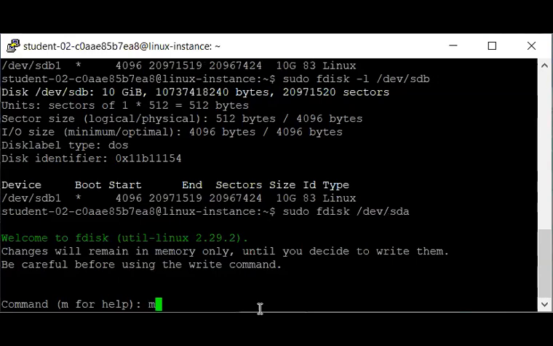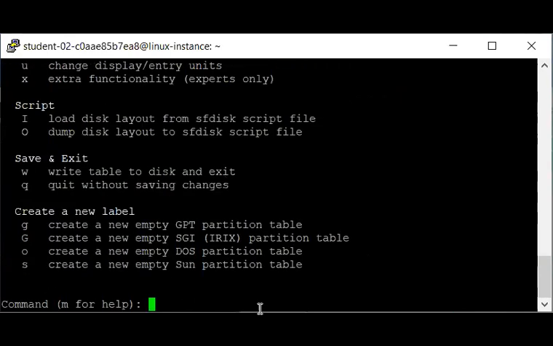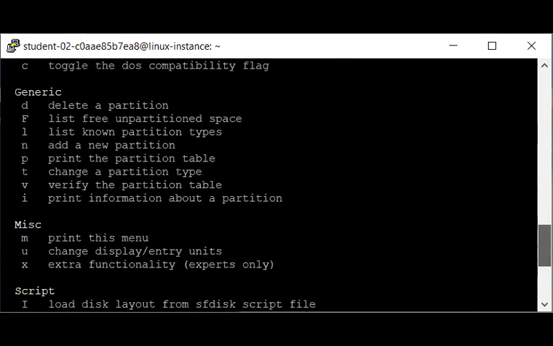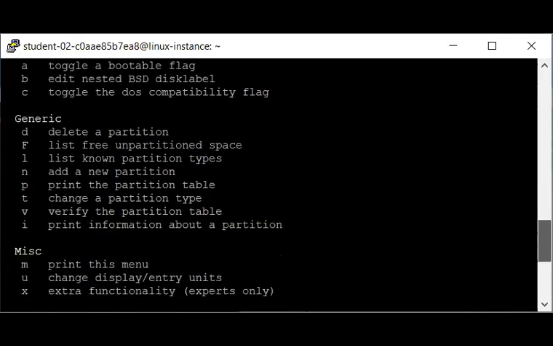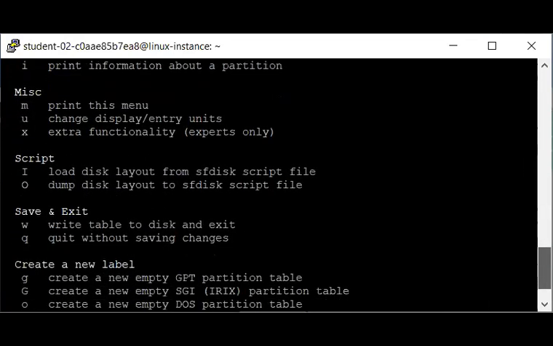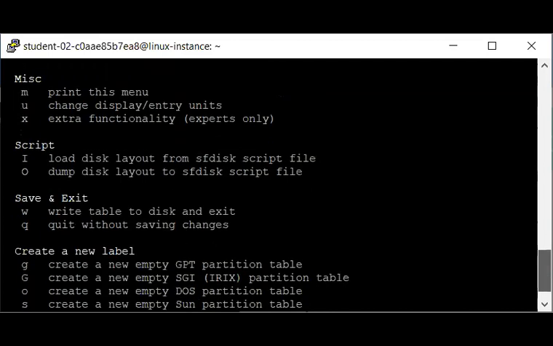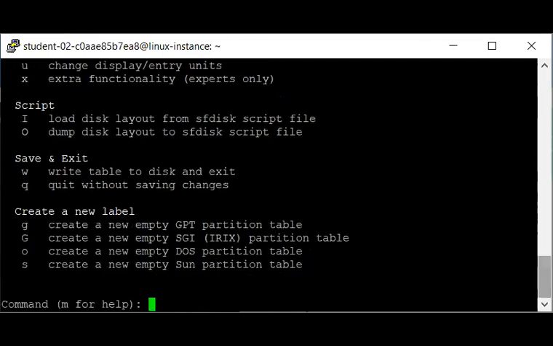So we type m, press enter, and there are some generic commands, like toggle boot, script, save and quit, create a new partition, and so on. Now you can use p to show details about partitions on the disk.